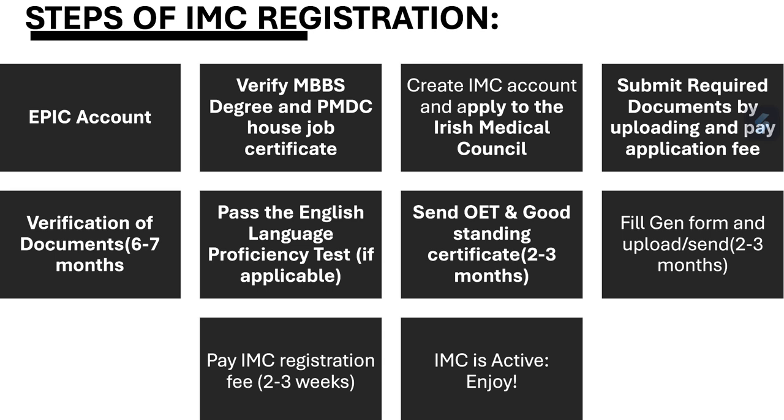First is to make an EPIC account, then to verify your MBBS degree and PMDC house job certificate, that is also by EPIC account and from your official universities. Then you need to create an IMC account and apply to the Irish Medical Council, then submit required documents by uploading and paying the fee, verification of documents which usually takes 6 to 7 months,